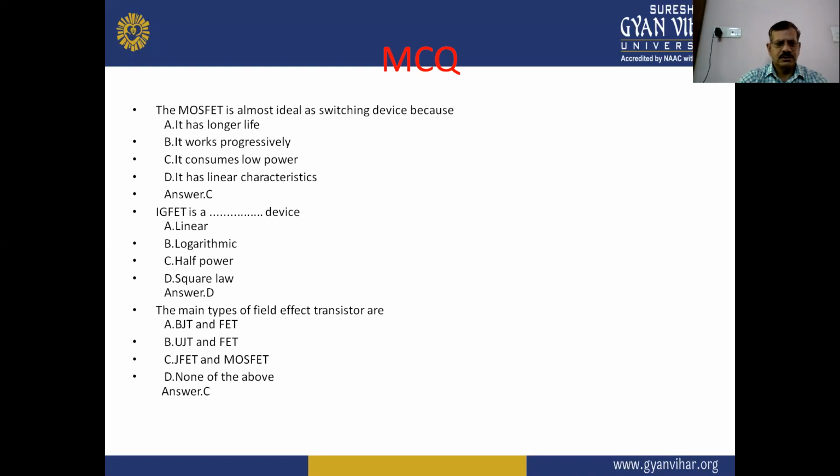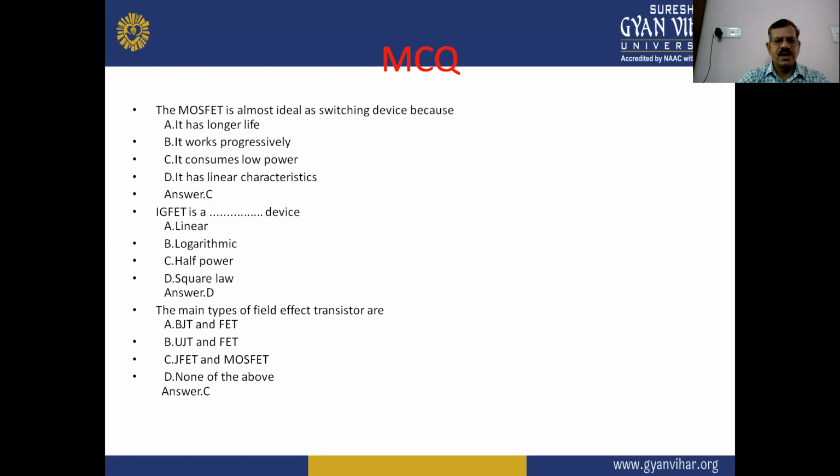In the next question, the main types of field effect transistors are: option A, BJT and FET; option B, UJT and FET; option C, JFET and MOSFET; option D, none of the above. So here the correct answer is option C, JFET and MOSFET,